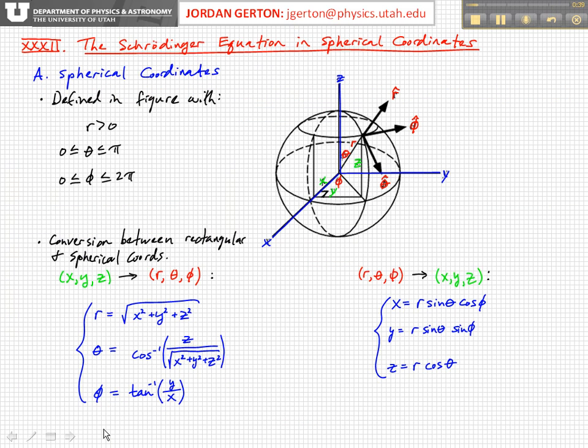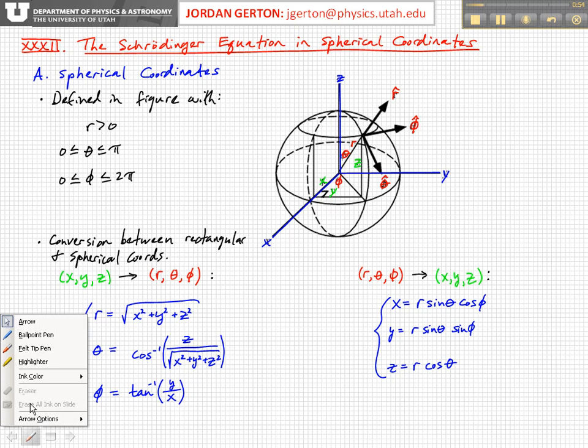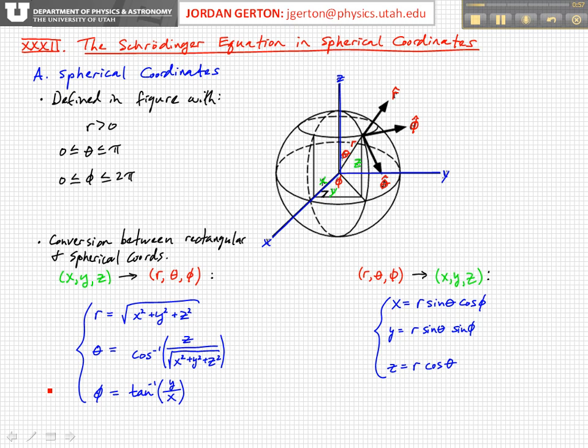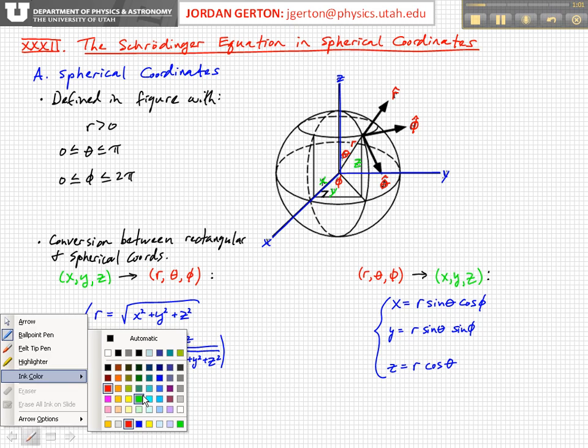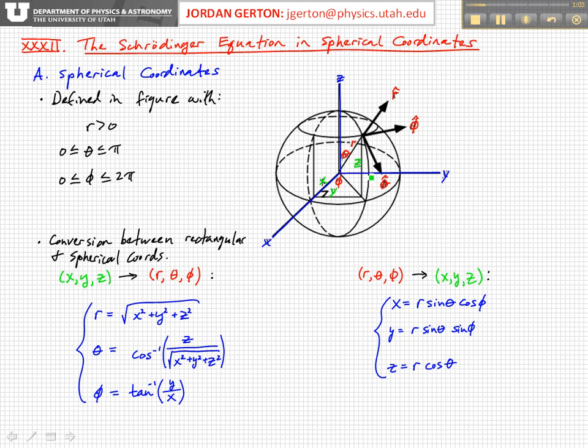Okay, so let's talk about spherical coordinates, or sometimes called polar coordinates or spherical polar coordinates. And so spherical or polar coordinates are defined according to this figure here. Okay, so what we have is our normal Cartesian axes x, y, and z, and we define our spherical polar coordinates with respect to these